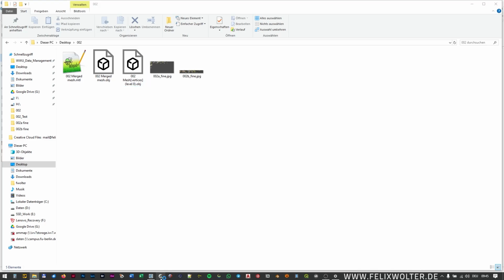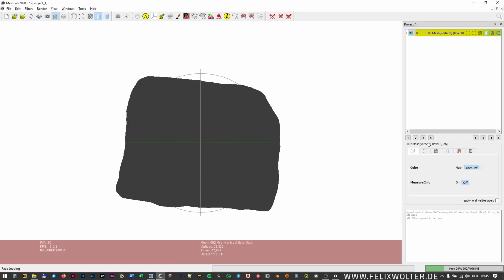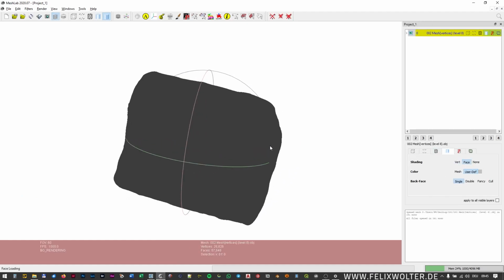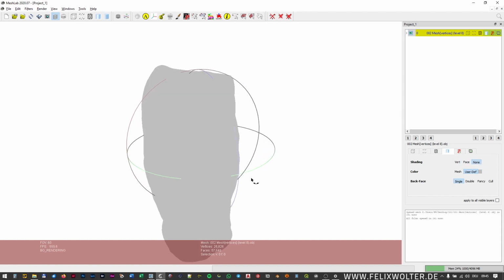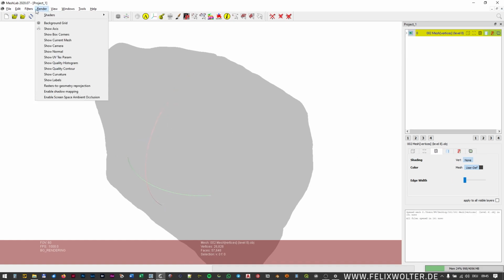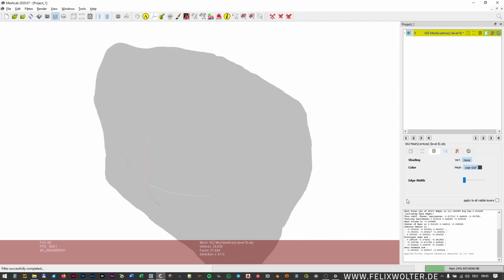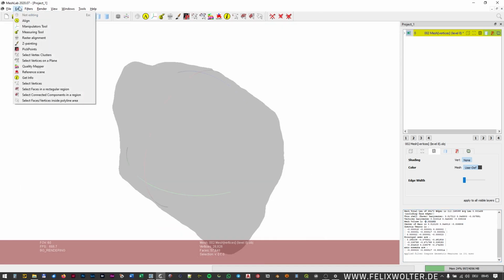To do this, we would open MeshLab and load our mesh inside, and if we now go and see the mesh itself, we can do some calculations on it. For example, the quality, geometric measures, and we will see we get a mesh volume that we then can copy and use for other purposes. And we could also, in this case, for example,